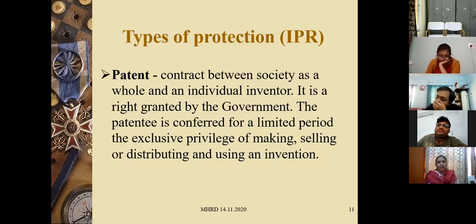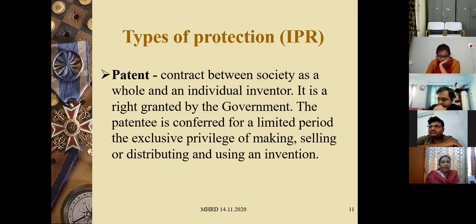So we'll try and understand a little more about patents, because as academicians and as researchers, trademarks and geographical indications are not our area. Generally, it doesn't come up unless you are involved in that. Normally, it is the patent and the copyrights, because people coming from the science faculty and from arts are liable for filing for copyrights or patents.